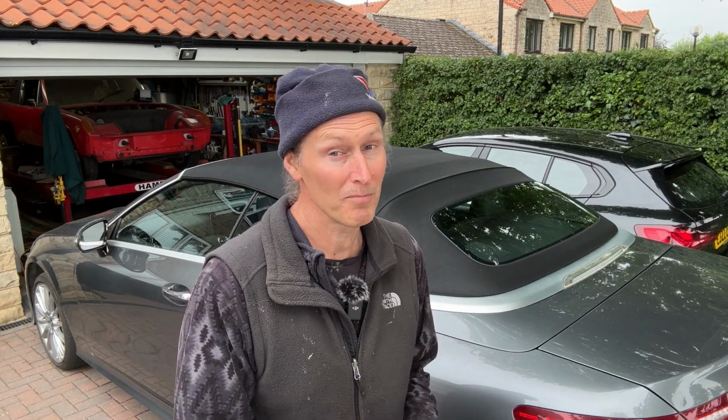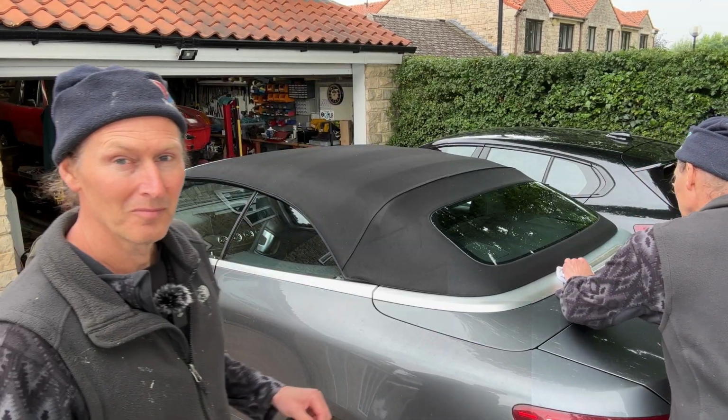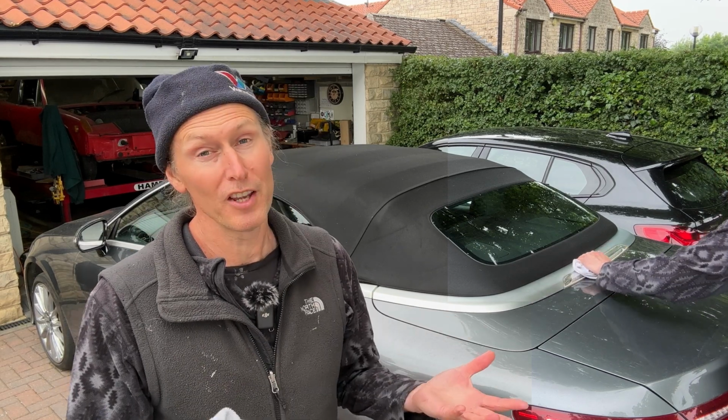So while I'm doing that, I'll step in and summarize the video for you. Okay, so that's how to clean a convertible soft top roof with a pressure washer and then to waterproof it